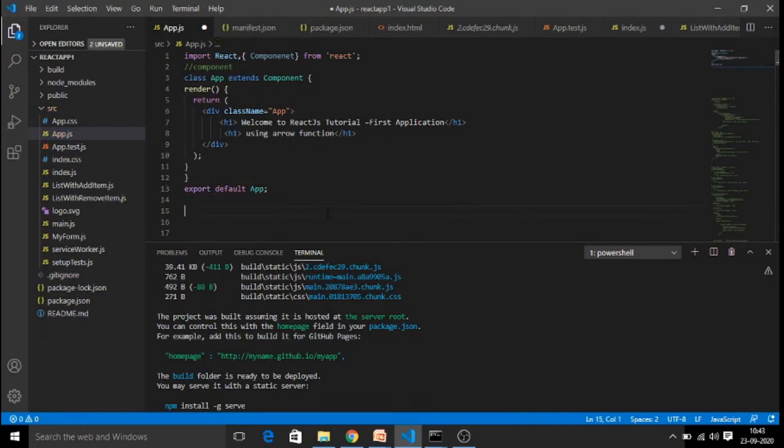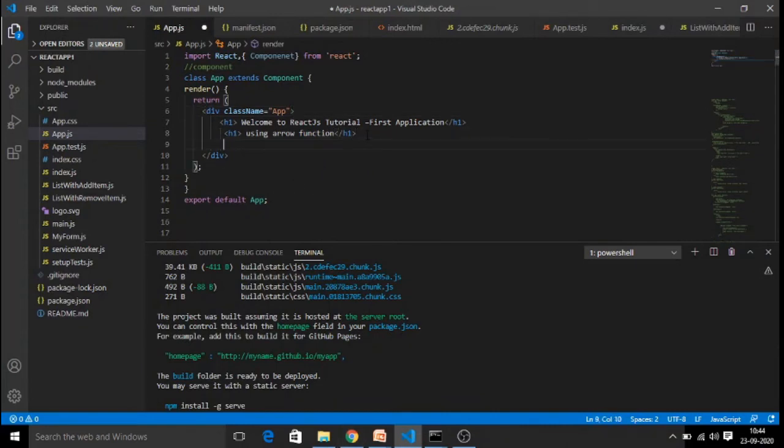That's all. So when we write a component like this, class App extends Component, this is called a class component. The earlier style where we create an app component is called a functional component. What is the difference between functional component and class component? We will be looking into it in our future sessions, right? So we created an app component once again.